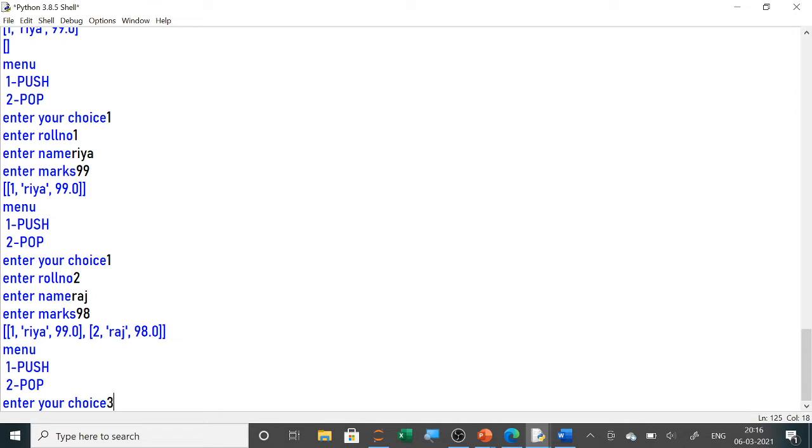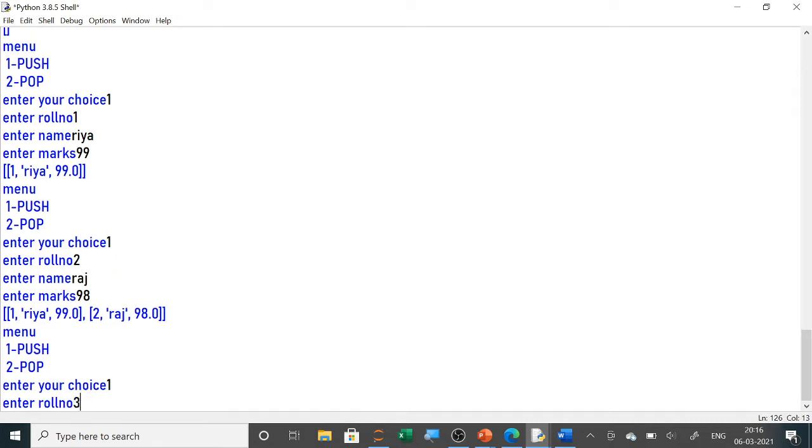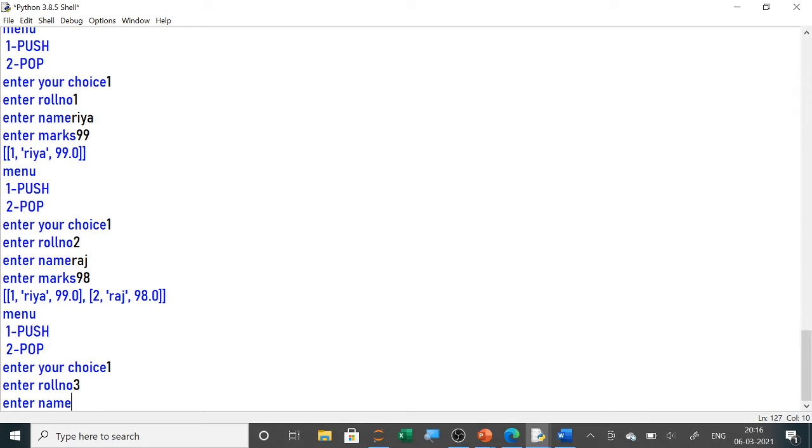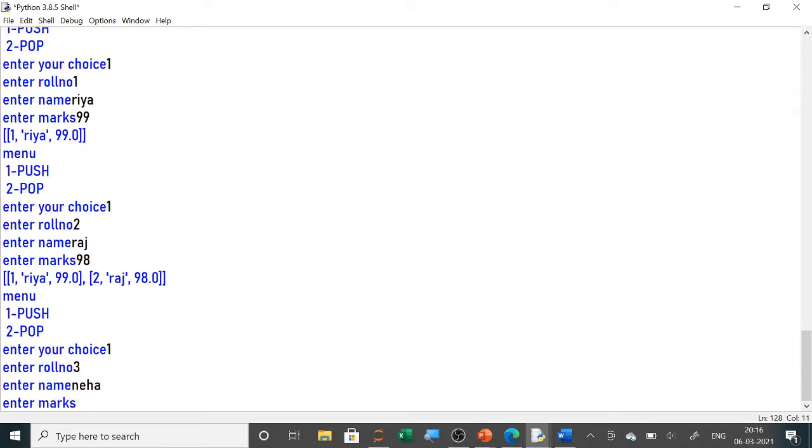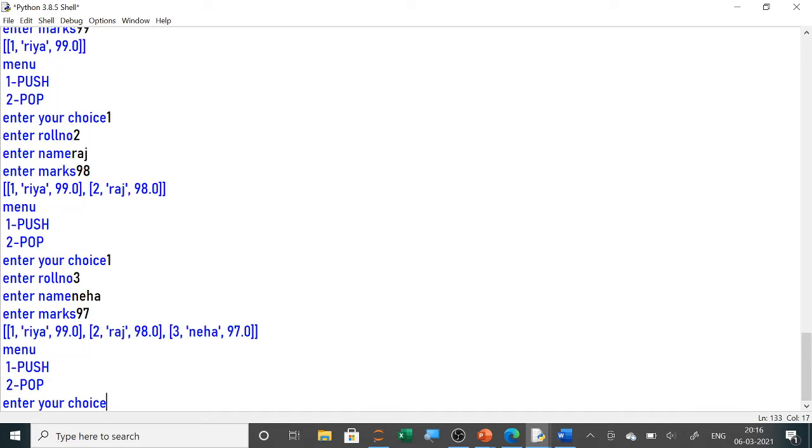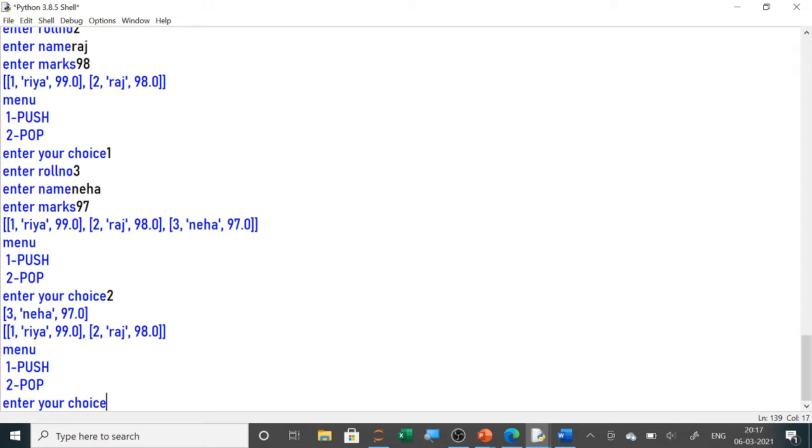अब थर्ड डालेंगे जब, तब इसमें थर्ड चॉइस में 1 ही डालना है पुश के लिए। रोल नंबर 3 डालना है और इसमें एक नाम ले लेना है हमको और मार्क्स डाल देने हैं इसमें। तो ये आ गया 3 हमारे स्टूडेंट्स के डिटेल आ गए। अब हम 2 करेंगे तो लास्ट में जो डला है नेहा का डिटेल, ये खाली पॉप हो गया। तो यहाँ पे आपको दिखा कि खाली नेहा का डिटेल पॉप होके लिस्ट में खाली 1 रोल नंबर और 2 रोल नंबर बच गया है। नेक्स्ट हम इसमें फिर से पुश करेंगे तो फिर वो खाली फर्स्ट सेकेंड एलिमेंट के साथ न्यू एक थर्ड एलिमेंट वो लेगा। ठीक है, तो ये हमारा प्रोग्राम हो गया।